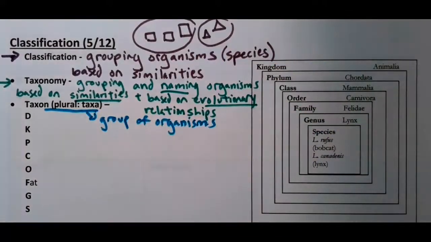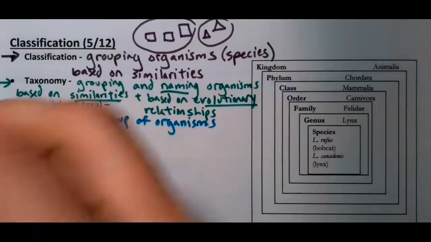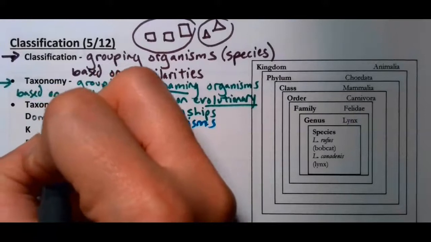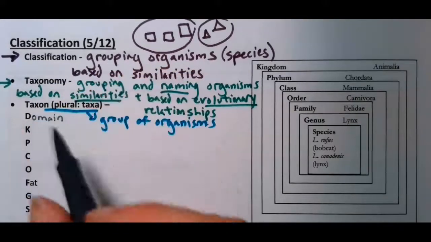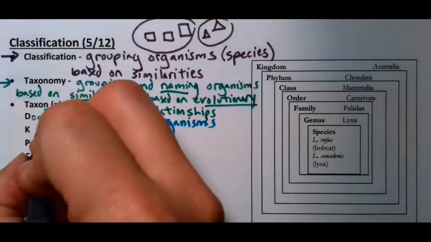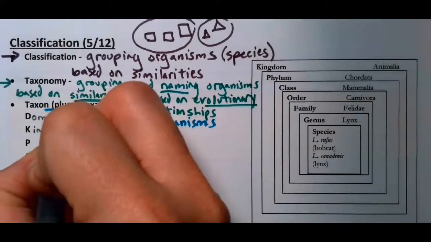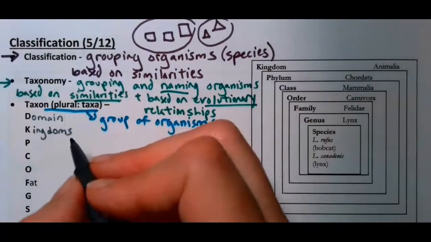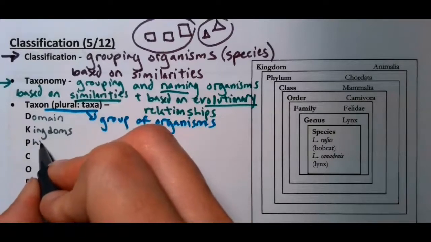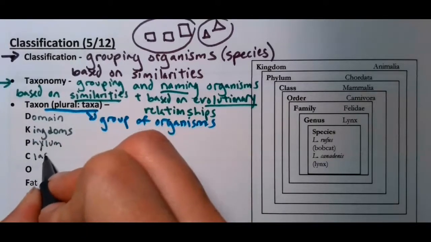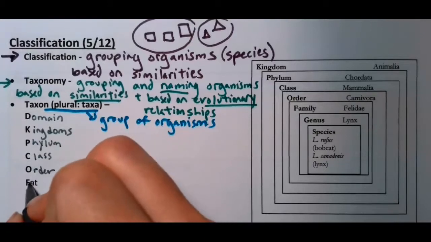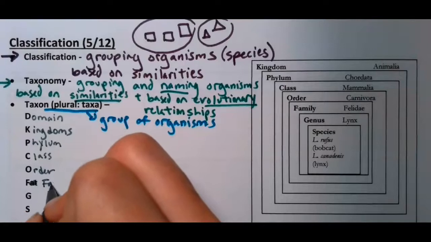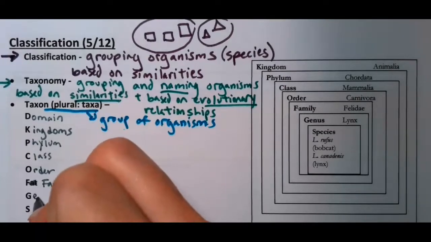So when you look at taxonomy and classification, you start with big groups and you work down to smaller groups. So we start with domain. That's the biggest group. There are eukaryotes, archaeobacteria, and eubacteria. Then next we have kingdoms, like the animal and plant kingdoms and protista and fungi and archaea and eubacteria. Then we have phylum. Then we have class. Then we have order. Then we have family. Then we have genus. And we end up with species.